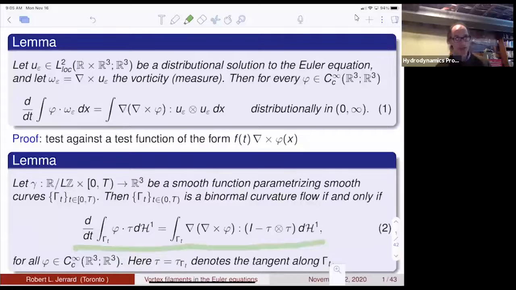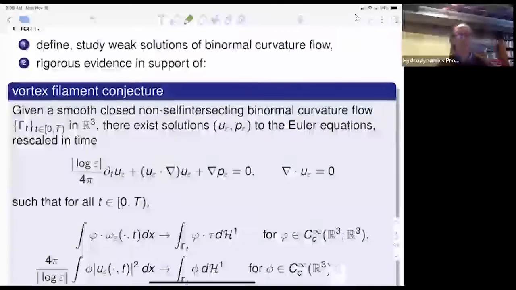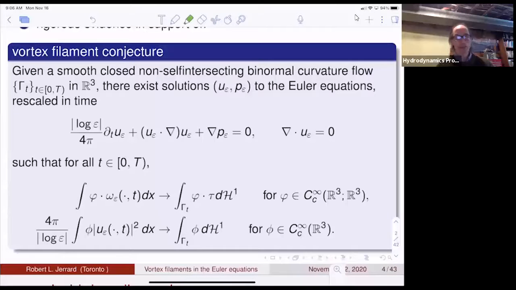I claim here that the similarity between these two formulas, formula 1 and formula 2, can be viewed as another formal argument in favor of the conjecture. Here's the conjecture: there exist solutions of the Euler equation for which the vorticity follows a trajectory given by a solution of this binormal curvature flow. So in other words, given a smooth, closed, non-self-intersecting binormal curvature flow in 3 dimensions, there exist solutions of the Euler equations rescaled in time with this logarithmic factor, such that